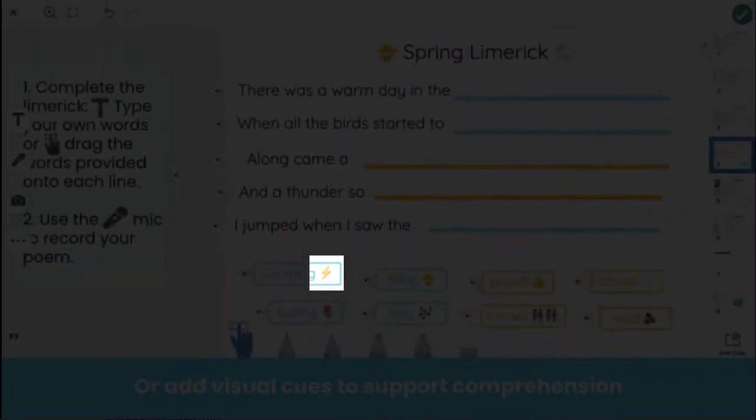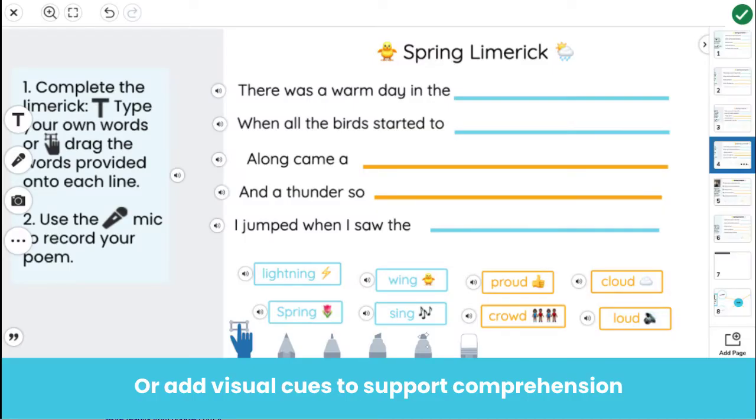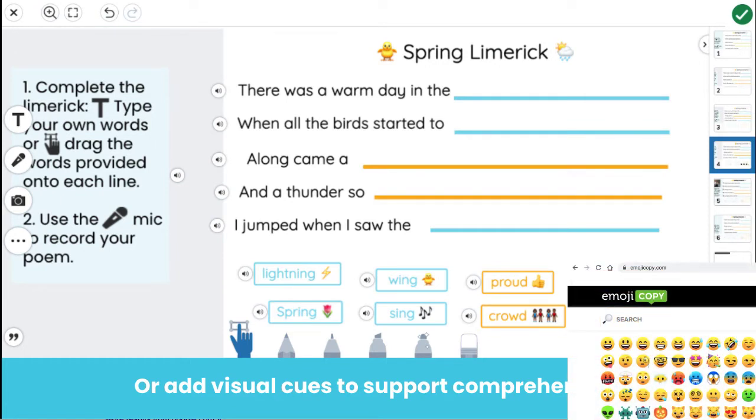Adding visuals to activities allows students to more easily comprehend the text. Visuals are powerful because they are richly imprinted on our brains, which makes it easier to recall the information. Use visual cues in all activities to help students comprehend the text and to better understand the activity. It is easy to add emojis or images in Seesaw. Don't forget about emojicopy.com to get those emojis